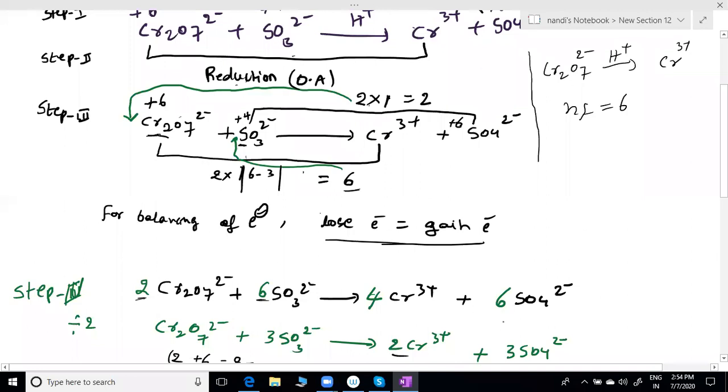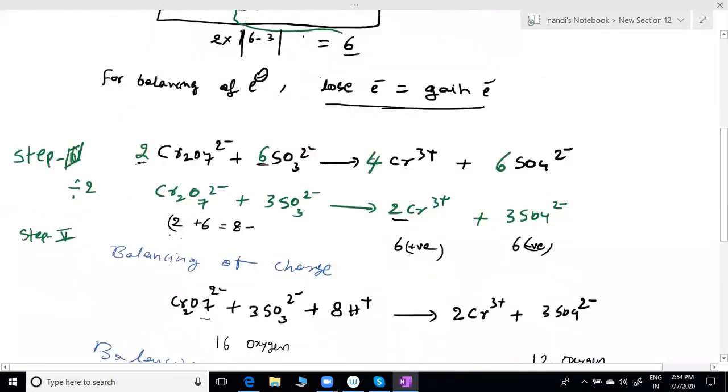After that, we are trying to write the simplest equation, sir. Simplest equation. We can take it without simplest also, doesn't matter. But all these equations you have to write in simplest form. You can multiply by 200 also, but that is not the final answer. Finally, however much you can simplify the equation, that is the final equation. But it should be integer numbers, not fractions. So if I make the simplest equation, I'm getting Cr2O7 2 minus, 3 SO3 2 minus, chromium and sulfate.